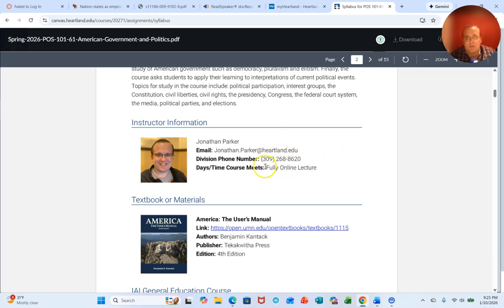So, this is the division phone number. Just email me. That's the easiest way to get a hold of me, because I will be on campus a minimal amount of time, maybe for the occasional department meeting that they demand my attendance at.